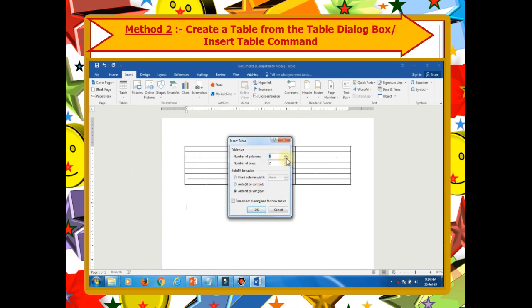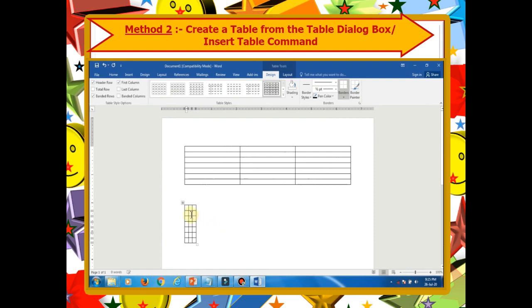So again, we need a 3 by 7 table. So I am selecting the next option, that is auto fit to content. As its name says, it will fit according to the content. That means auto fit to content adjusts cell size to the content. Let us see how. In the first case, I am going to enter the values.